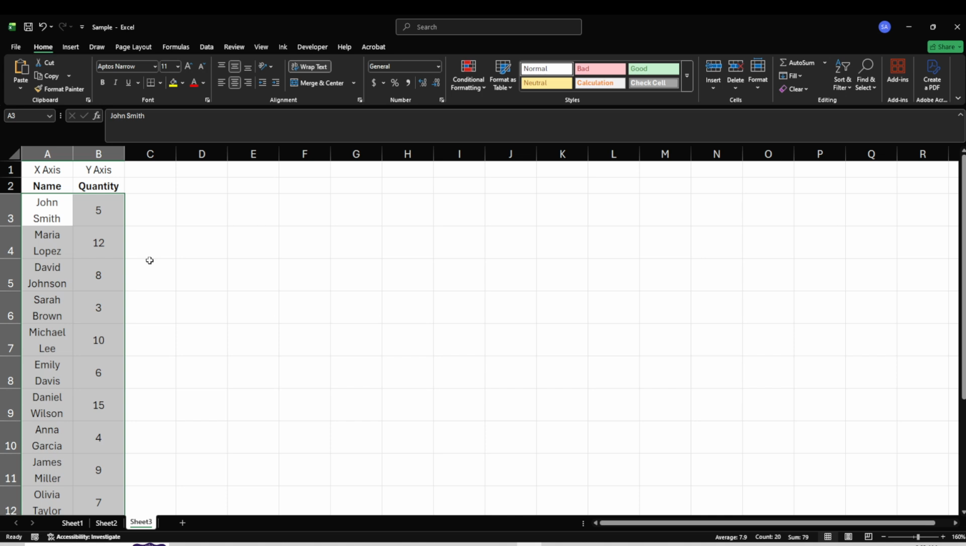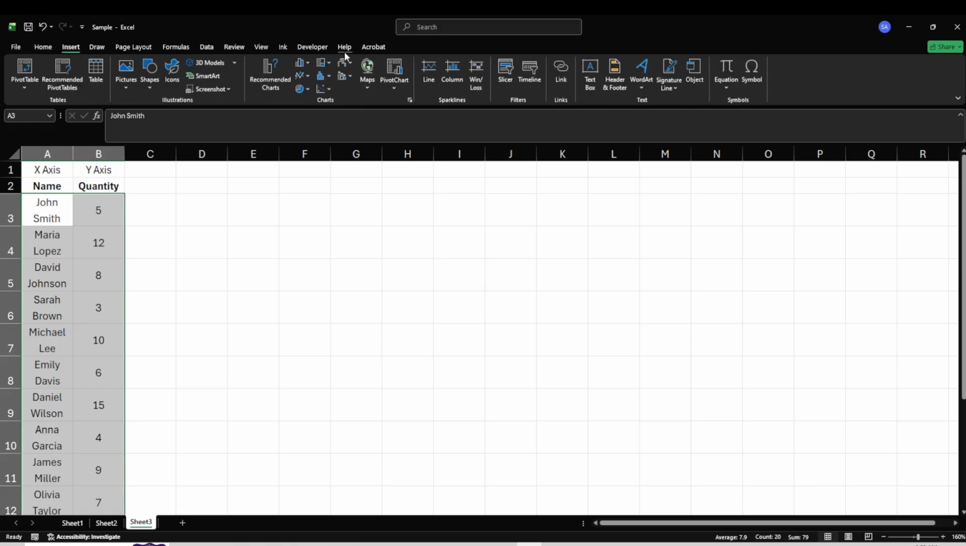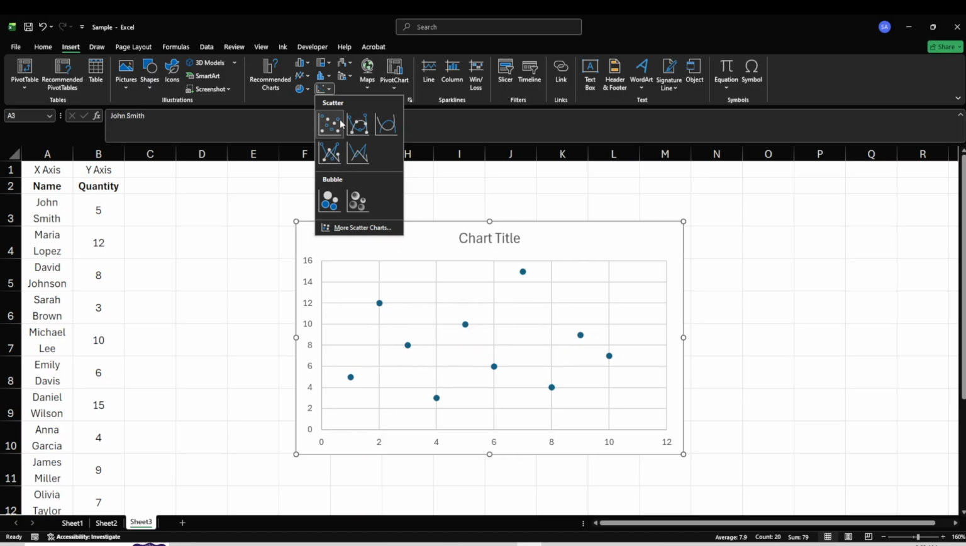Next, go to the Insert tab at the top of Excel and click it to open the chart tools. Look for the chart options and navigate to the Scatter Chart section. When the gallery opens, you'll see different styles previewed. Choose the option that makes your data easiest to read, with names clearly along the bottom and quantities rising up